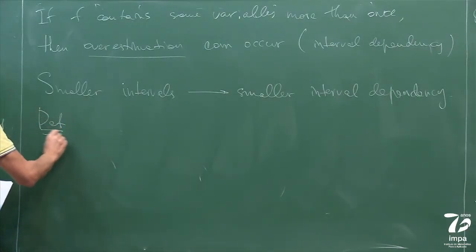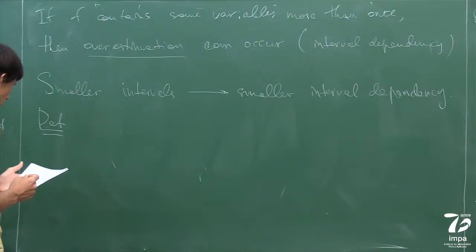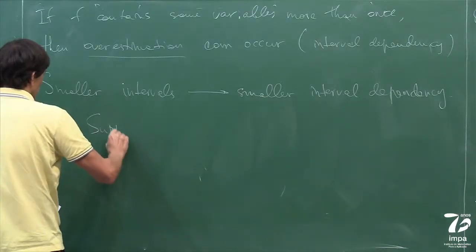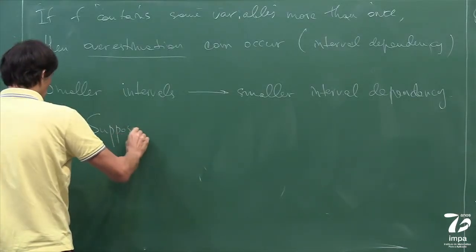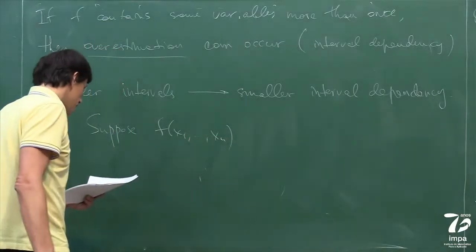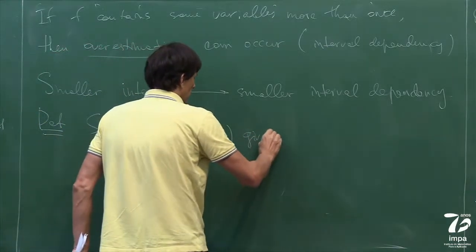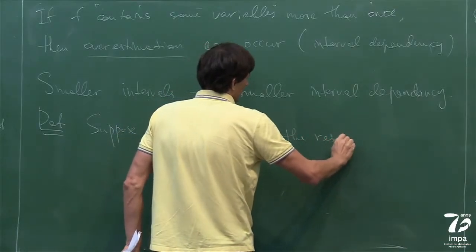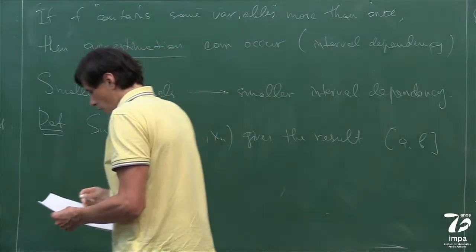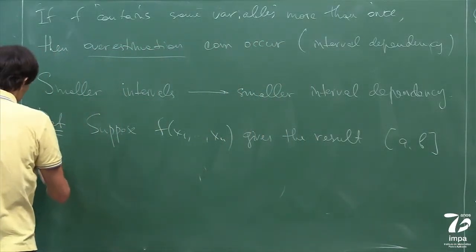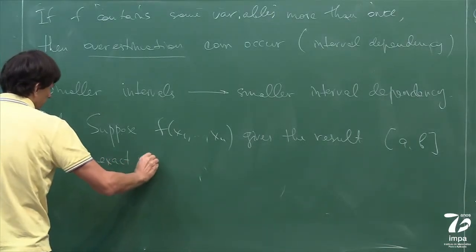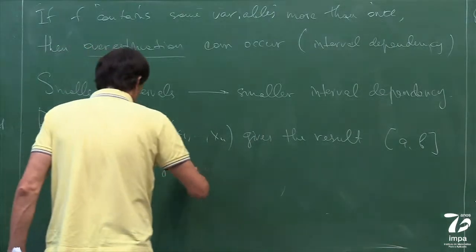So let's put a definition. The definition first. Suppose that your algorithm gives the result, the interval AB. And also the exact range of the function f,